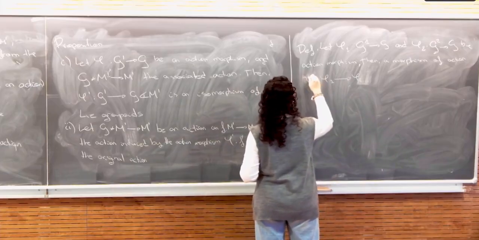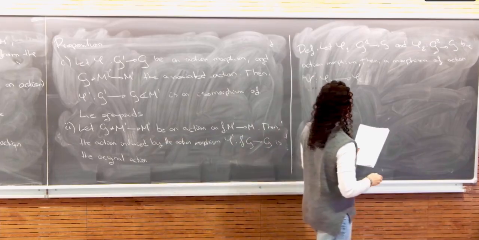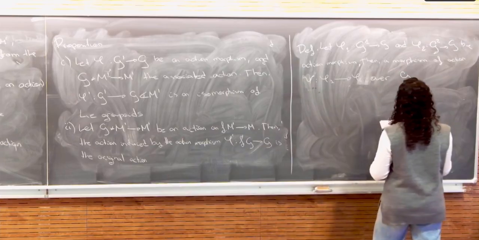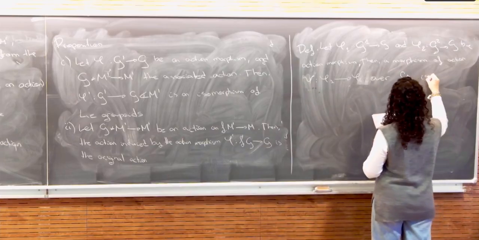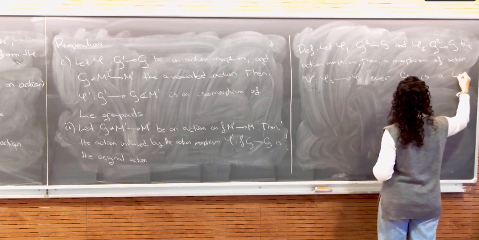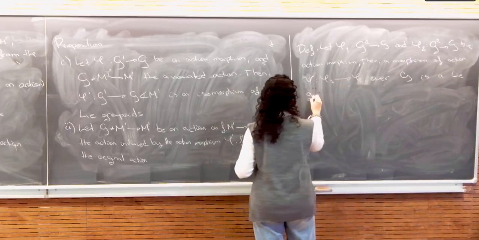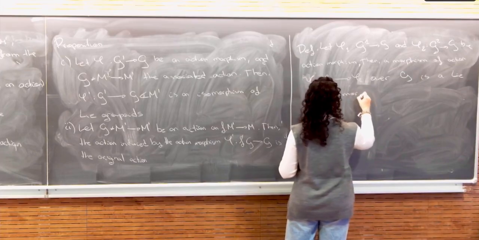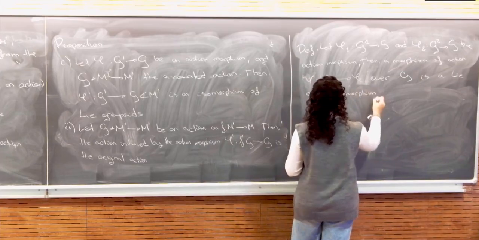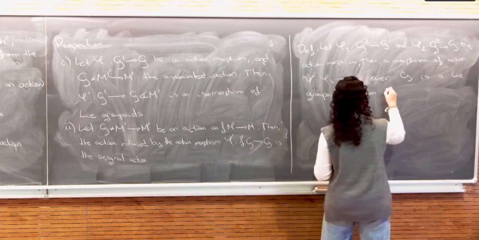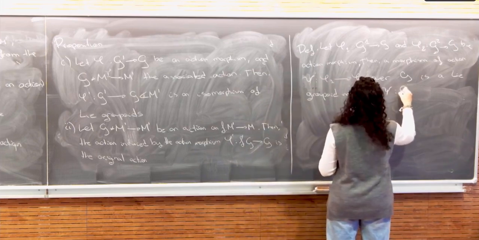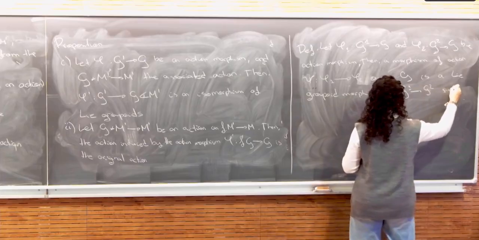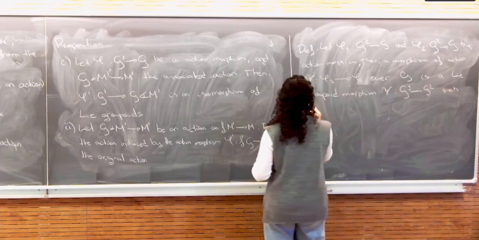We know a morphism of actions over G is a Lie groupoid morphism such that